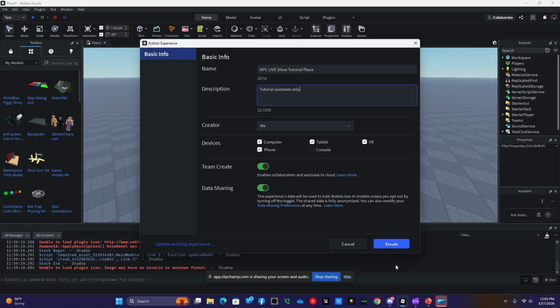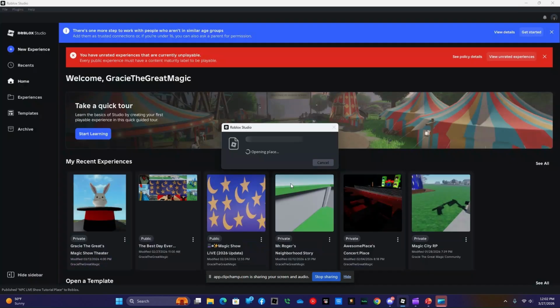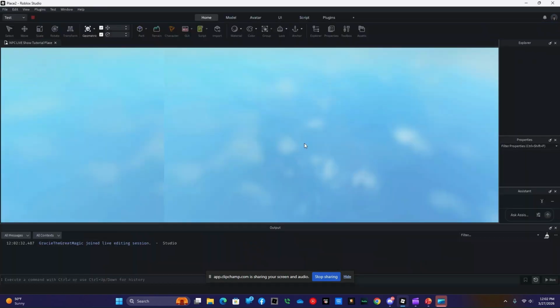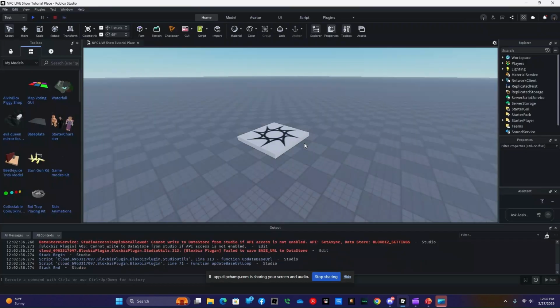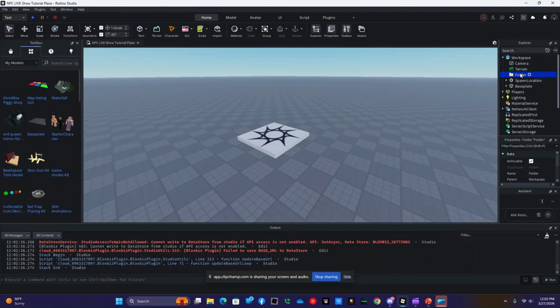And then we'll create. Perfect. I'll hit it, and then it'll bring you back, and then it'll load. Perfect. Alright, now let's build. What we need to do is, in Workspace, click on plus, insert a folder,